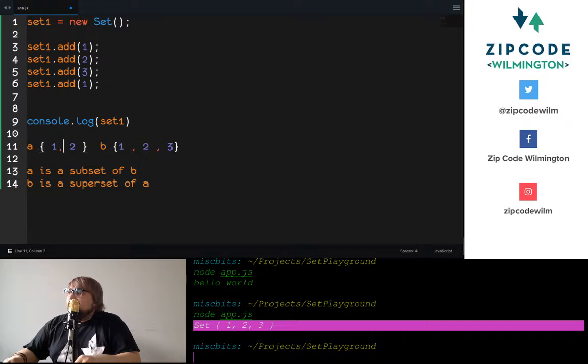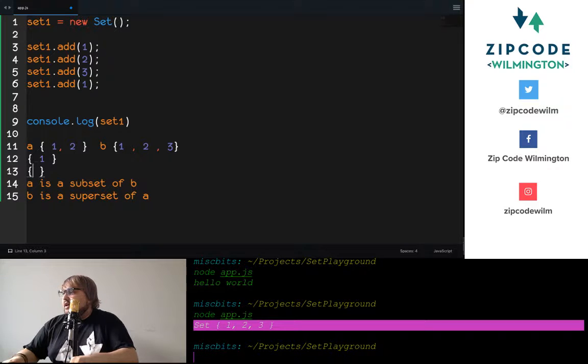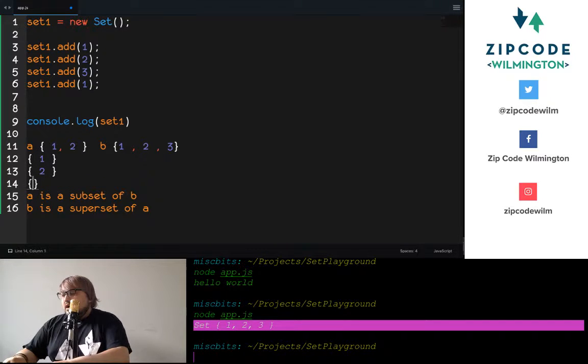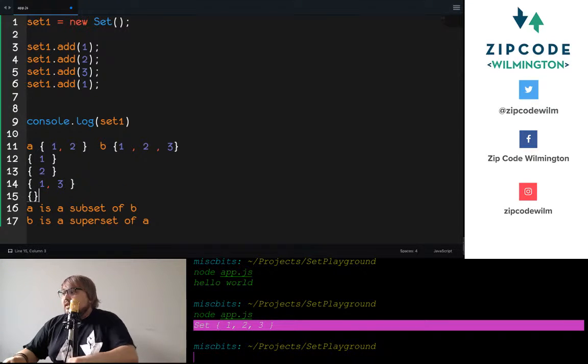Now, this is not the only subset of B. We can also have just 1, a set containing only 1. We can have 2 or 3. We can also have any combination of numbers, such as 1 and 3. But we can also have, interestingly enough, all of the numbers from B in A. If this is the case, this is still a subset of B, but